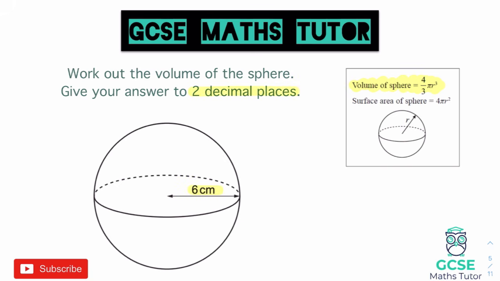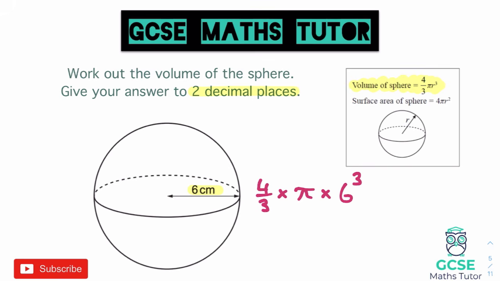is 6. So if we plug the pieces in, we've got 4/3, and we're going to multiply that by pi, and we're going to multiply that by the radius cubed, so that'd be 6 cubed. Now again, if you don't have your cubed button, you can just type times 6 times 6 times 6, and that'll do the same thing. So 4/3 times pi times 6 to the power of 3,